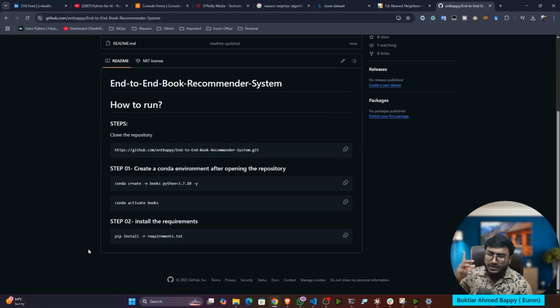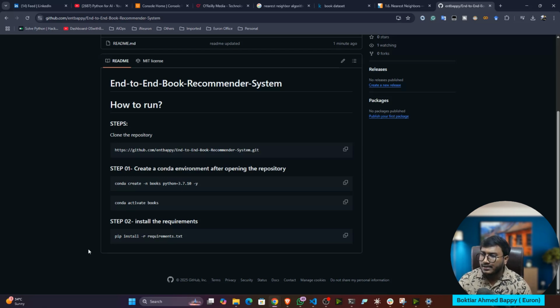Because I always prefer to use the older version instead of the latest version. In the latest version, some of the libraries will be unstable. You'll be getting different package errors, because we know that if any software is new, there would definitely be some bugs. So that's why I always try to use the older version instead of the latest version. Again, it's a choice of a developer. This is my choice; another developer will prefer some other version. So it's a choice of the individual.